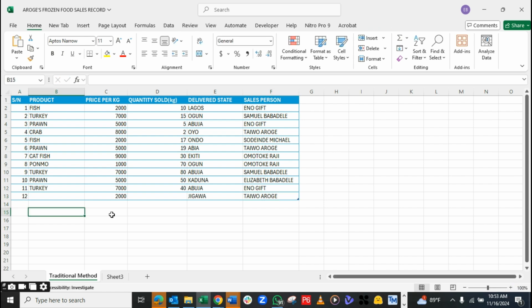So how will I know what they sold for 2,000 naira and the quantity, how will I know what they went to deliver to Jigawa when the product is not there, the quantity sold is not there? So we can see that it will impact my calculations as an analyst. We are still going to learn all of these things, and that is why, because of error in data entry,